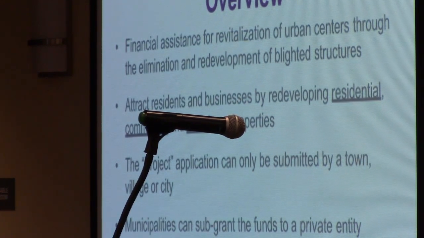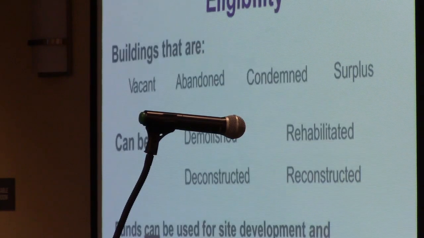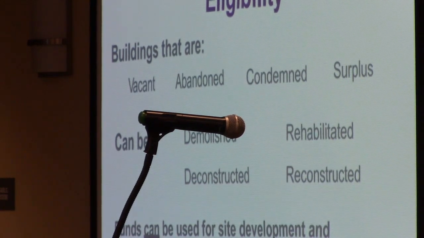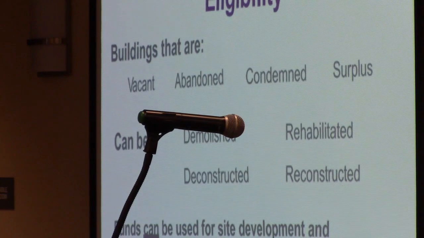The program covers mixed-use commercial projects, residential projects as well. The project we're contemplating is all commercial. There are no residential components contemplated. Eligibility: buildings need to be vacant, abandoned, condemned, surplus. And we can do a whole host of things with that, including demolish buildings. We can rehabilitate them. You could potentially, if you had a historic building, knock it down and reconstruct it. That's the contemplated project for this application is to rehabilitate the structures that are being